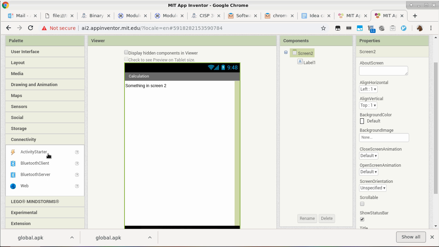Now, for those of you who plan to do more serious type of Android programming, the term screen that we use here in App Inventor is called an activity. But they are the same thing. Screen, activity are basically two words to describe exactly the same thing. And basically, global variables do not go across activities or screens.